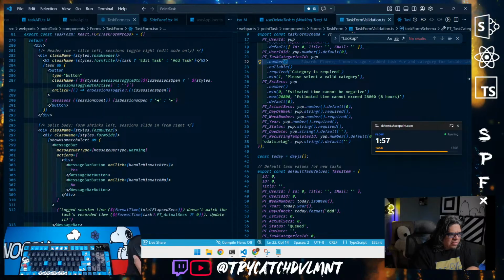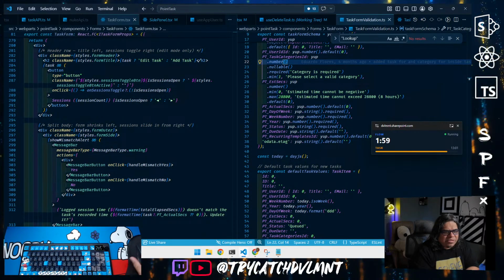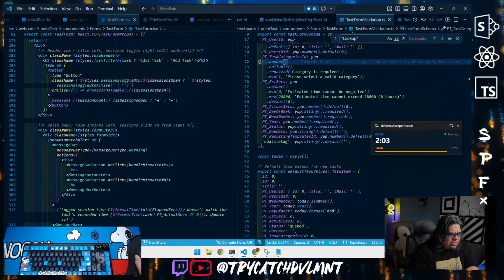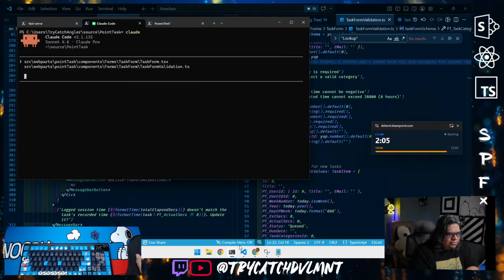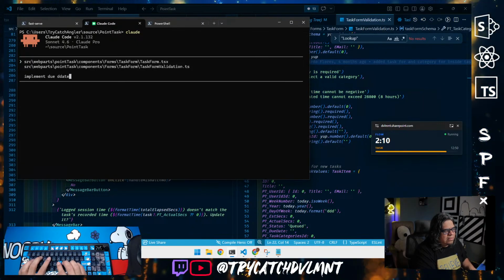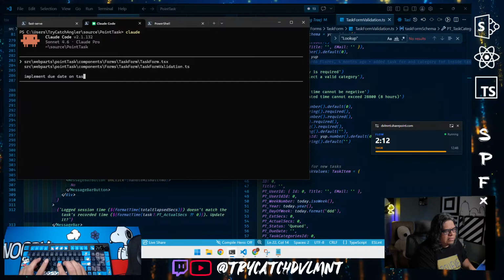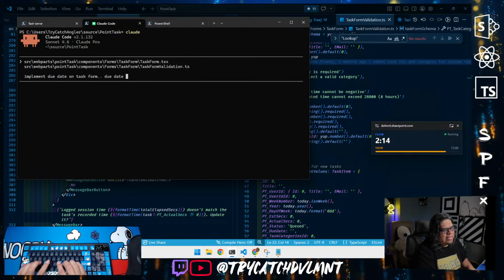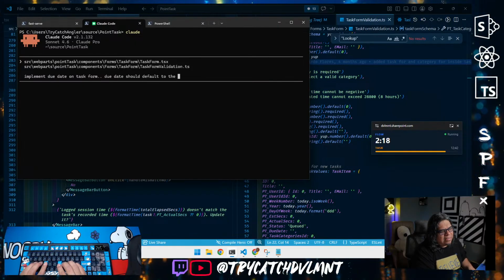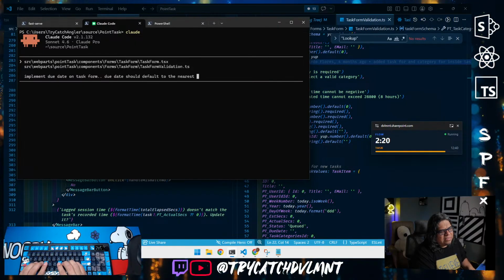So let's do that. We need to do the implementation. Implement due date on task form. Due date should default to the nearest